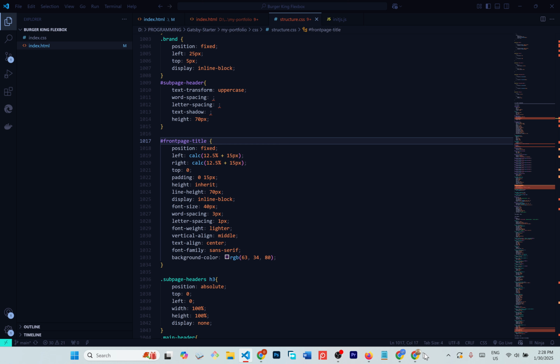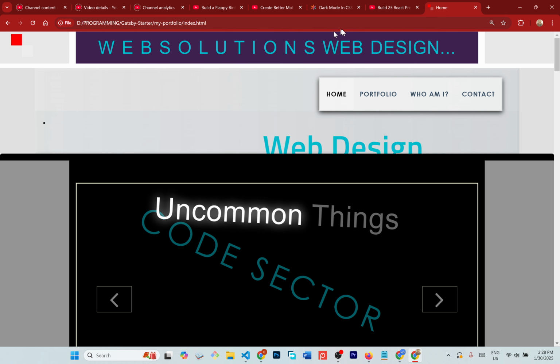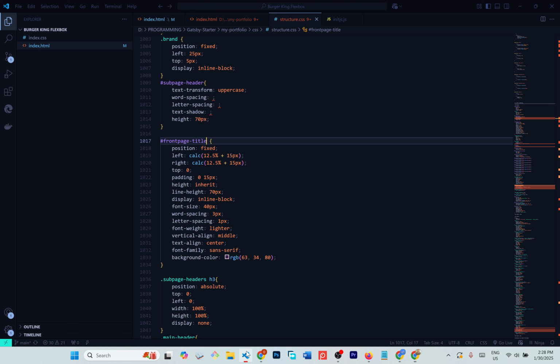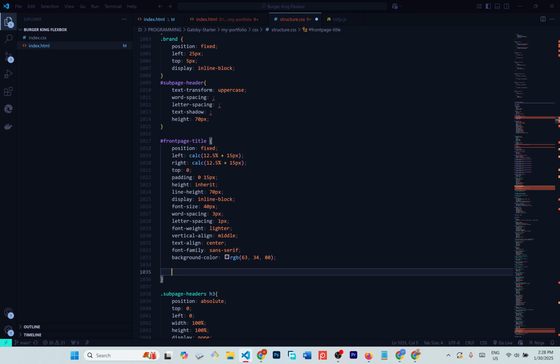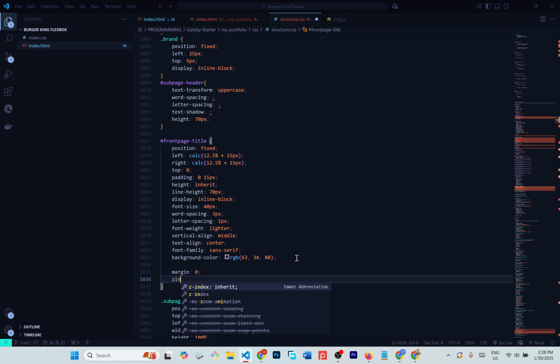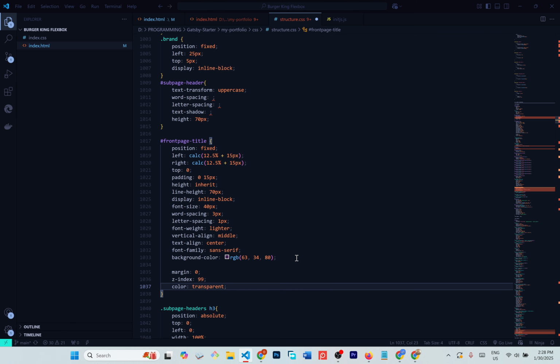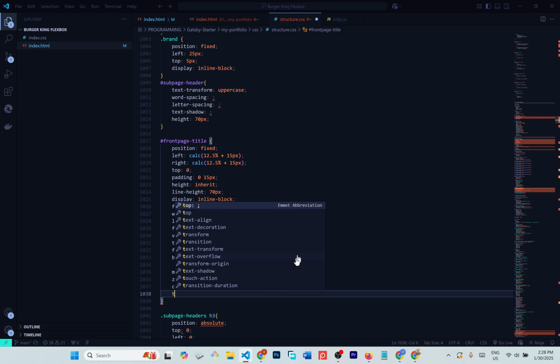Okay, all right. So let's see what we got now. If I reload, so I have web solutions, web design. Okay, we're getting somewhere. So I can complete this here by saying, let me just give some space here. Okay, I can say margin 0, Z index, I want 99. I want my color to be transparent, and I want to have some text shadow